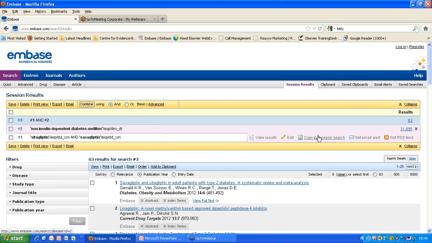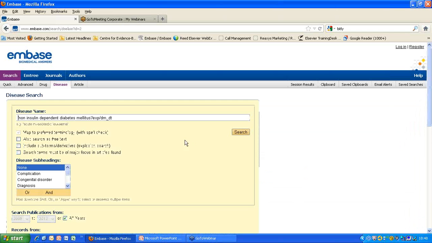What we can do is we can copy this back to the disease search, and let's take a look at what it means to choose major focus, for example. So this is something that's also applied by our indexers. Our indexers are reading the full text of the articles in Embase, and they are then using precise definitions and guidelines, inserting the index terms in the appropriate fields, and applying things like major focus. So this is where the disease or the drug are of the most importance in this particular article. So they're not just mentioned, they are actually of major importance. So if we click on major focus and do a search,